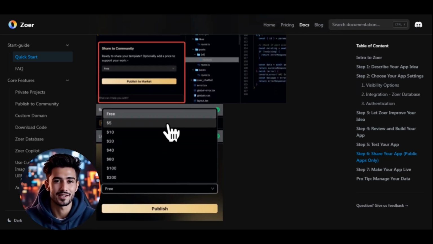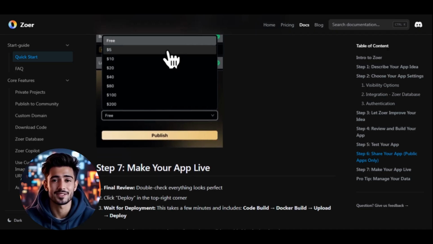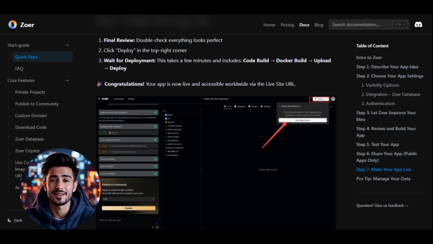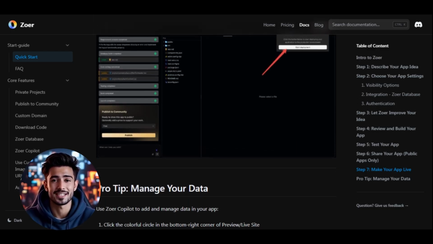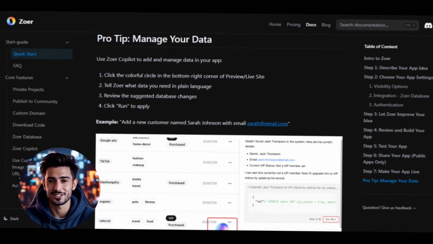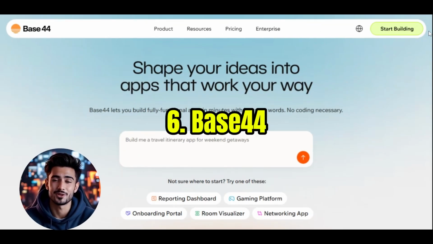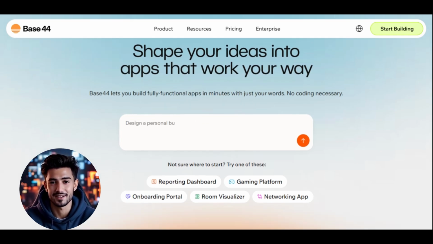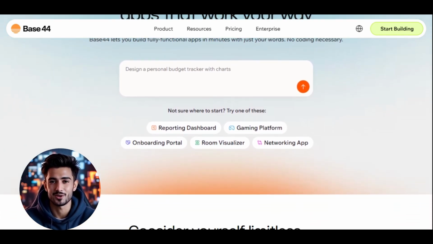For the ambitious beginner, Zoar even offers the unique ability to publish and sell your finished application on the Zoar community marketplace, allowing you to go from an initial idea to a live, potentially monetized product in a single streamlined session. Number 6. Base44. Base44 is an AI-powered software development platform that allows anyone, even those with zero coding experience,